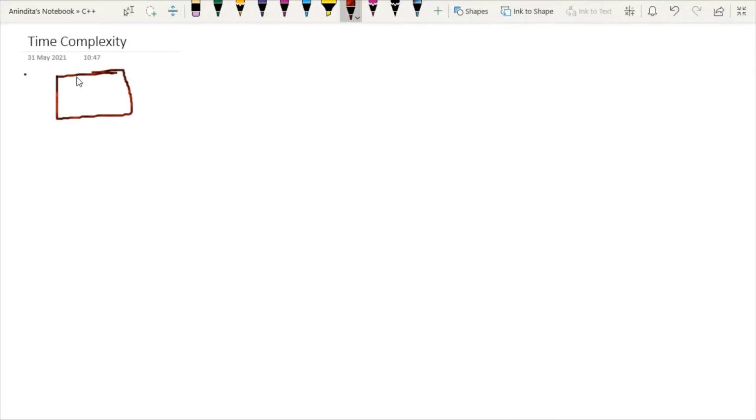Imagine a classroom of, say, 100 students in which you gave your pen to only one person. Now, if you want that pen back, there are some ways to find it. For that purpose, we will consider different cases. For example, case 1: the name of case 1 is order of n square. Now I will explain the meaning of this order of n square.